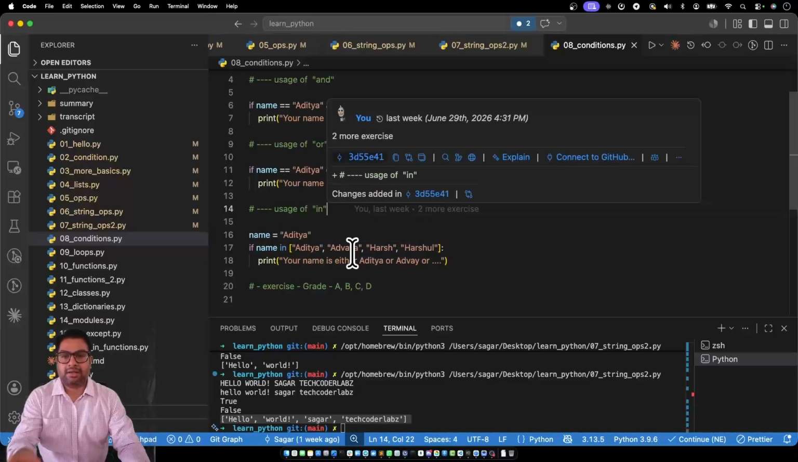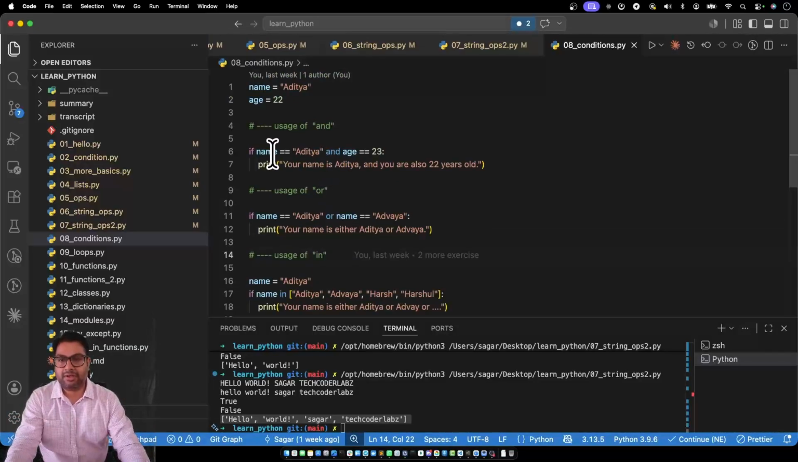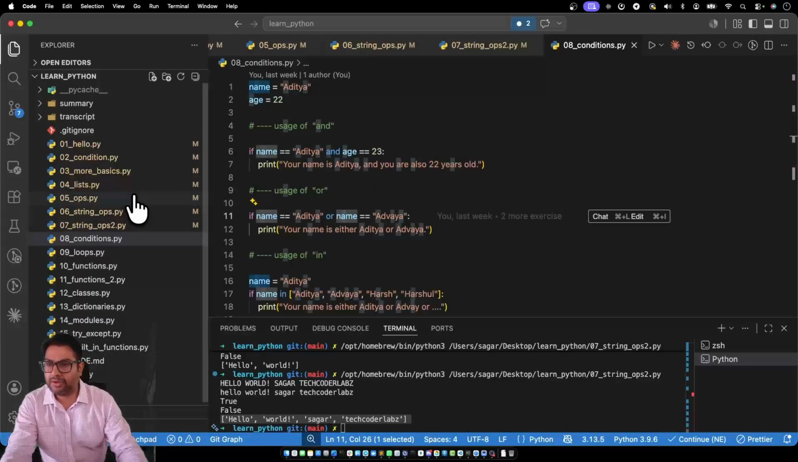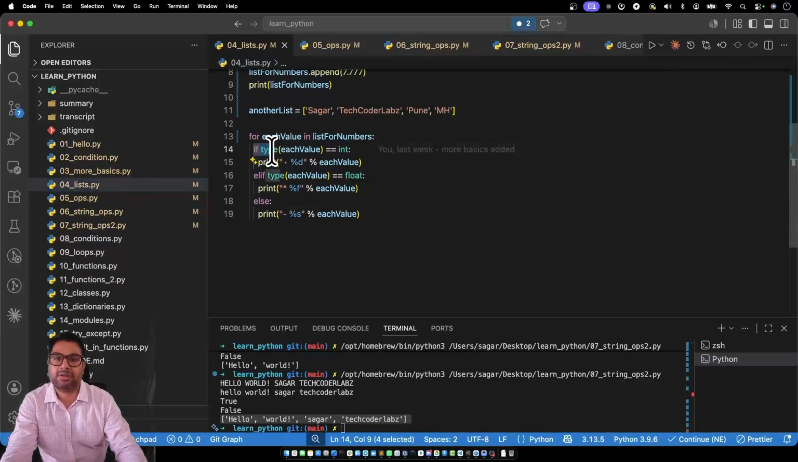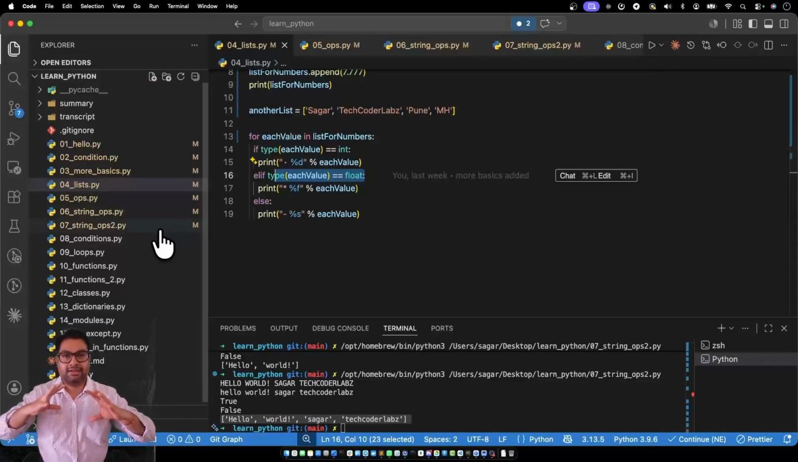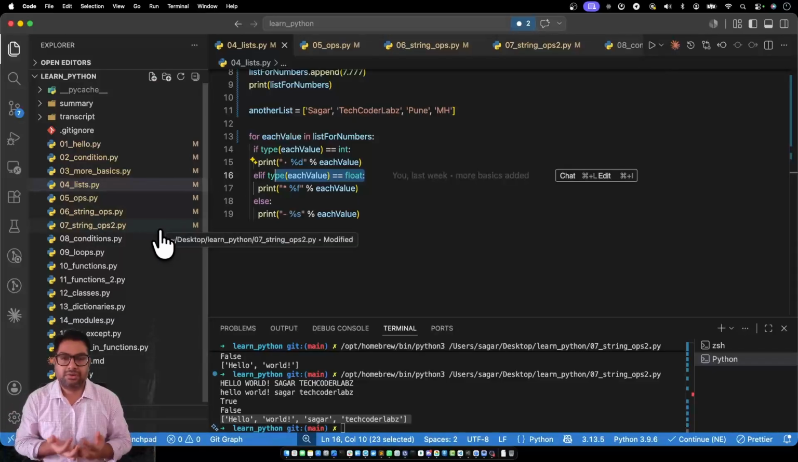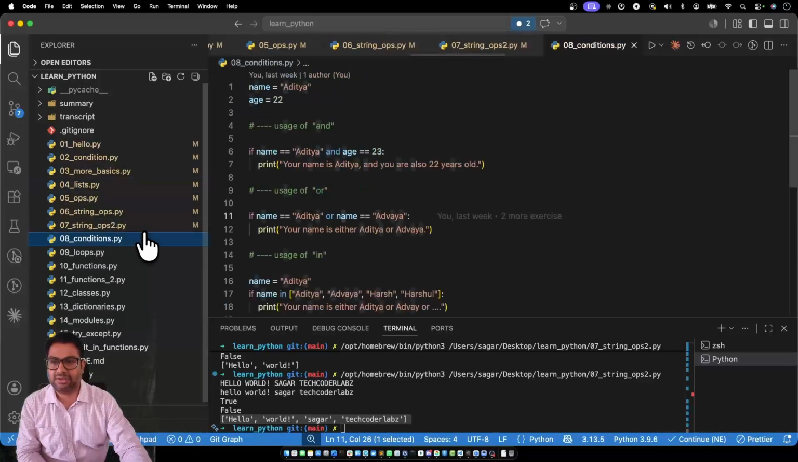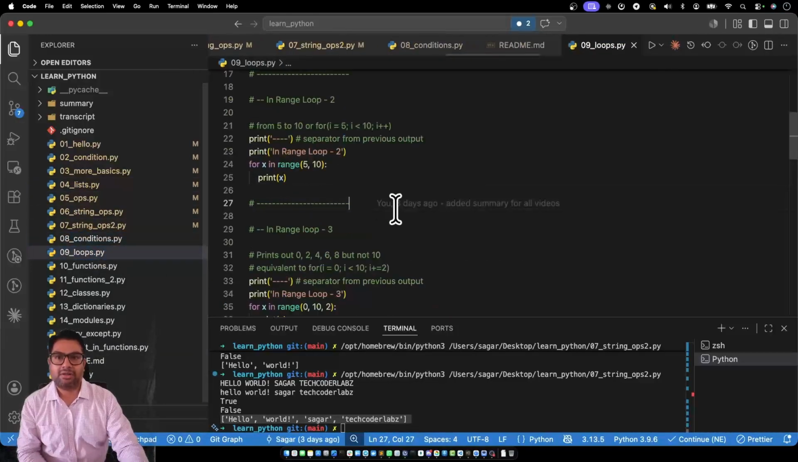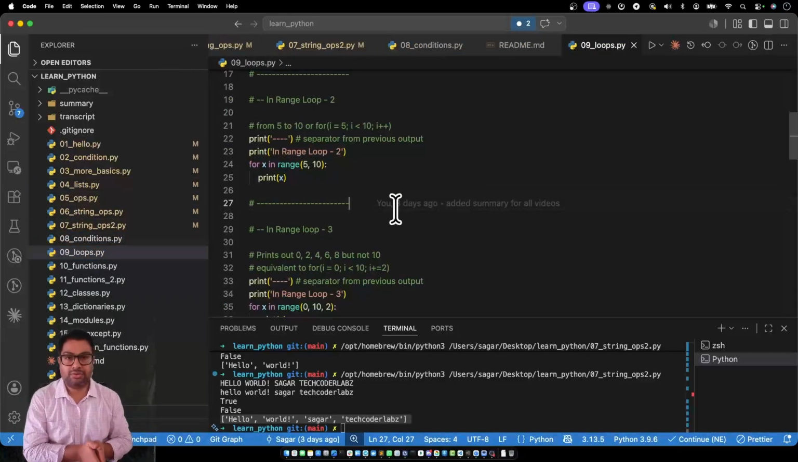In the conditions, so far we have compared two different string values, two different integer values, and we have also compared the data type in this file. So with that, now you know different types of conditions which you can use to create conditional code. Loops are similar to all other loops that you use in other programming